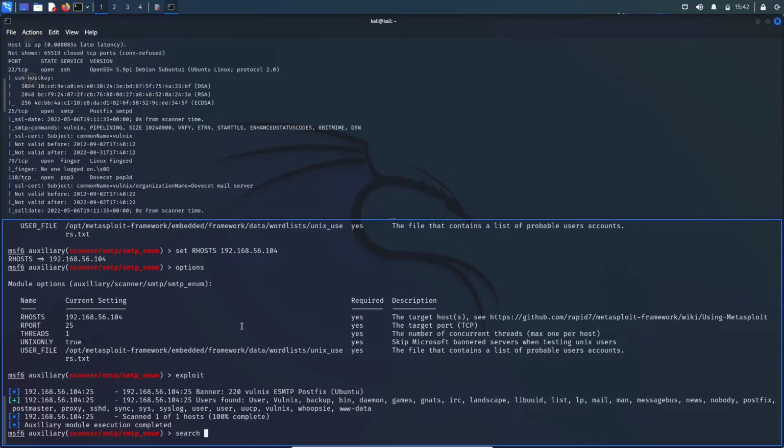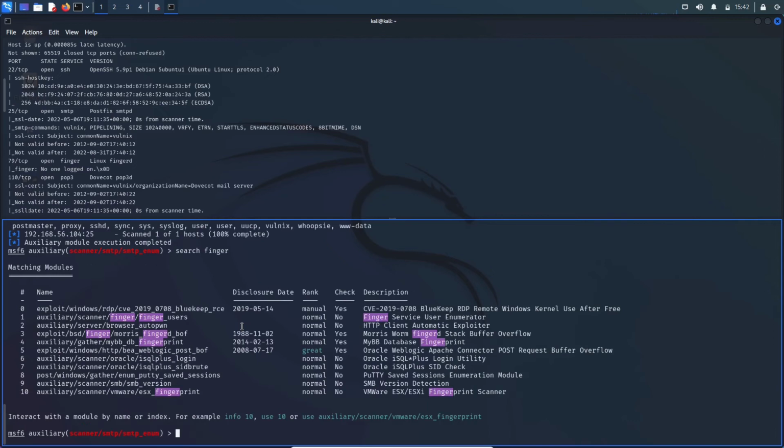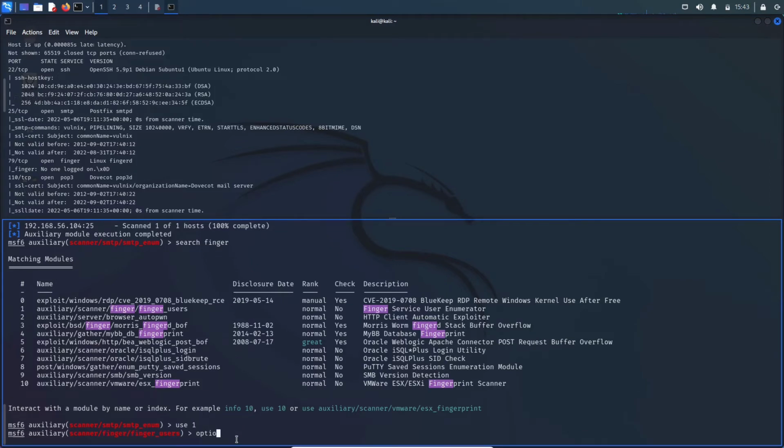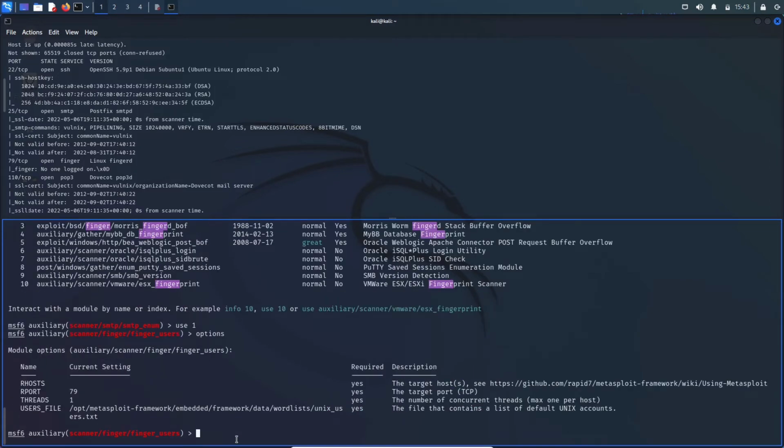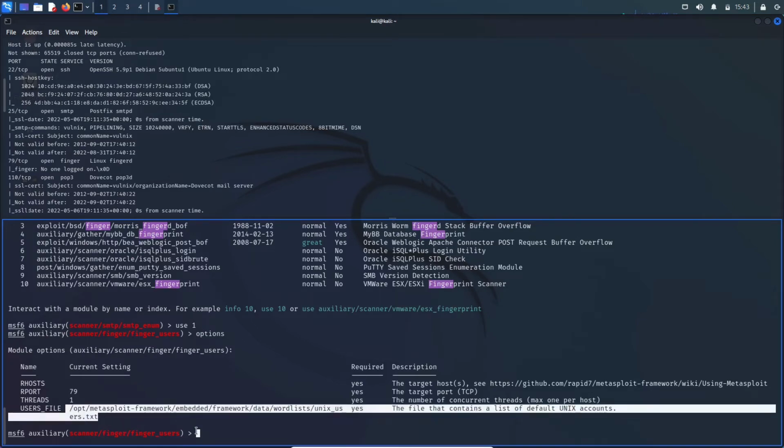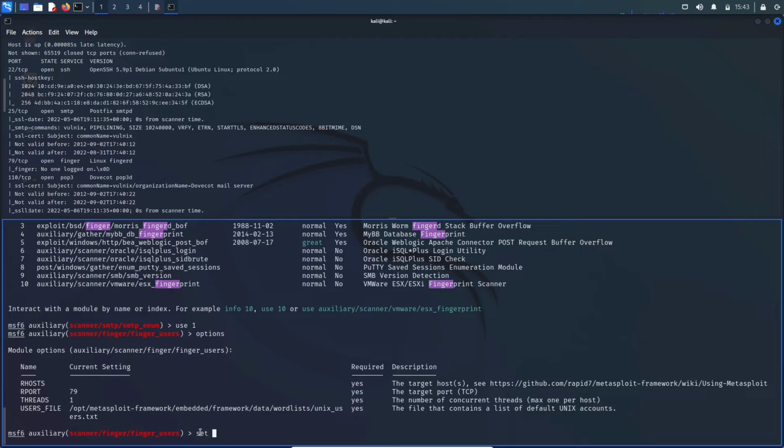But if we just search Finger in Metasploit again, there aren't that many options. We probably want these auxiliary scanners here. So Finger users enumerates the users. So yeah, I'm just going to go with use one. And I've never used this before, but that's the joy of hacking. You find a new service, and again, you can see there, it's got our word list, so all we've got to do is set our hosts to